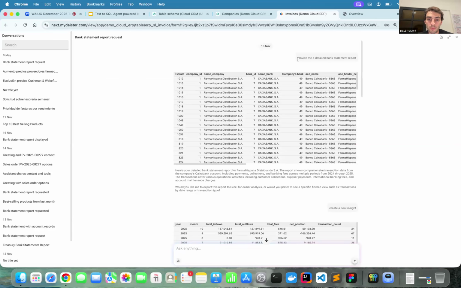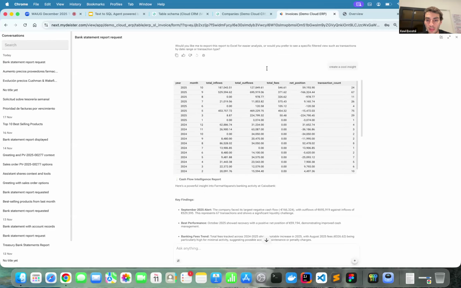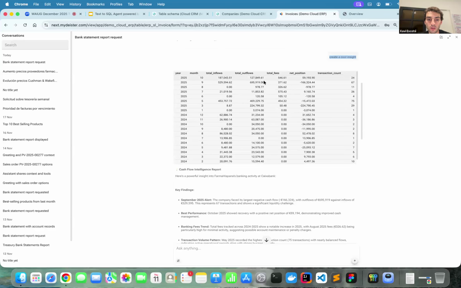So in this ERP application, I asked, okay, provide me with a detailed bank statement report. As you can see, it has been able to generate this bank statement report. And then I said, okay, create a cool insight based on the previous information. And it generated this